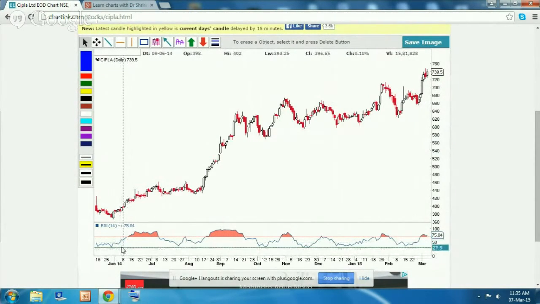And the bottom line here at 30 is the oversold line. And if RSI enters that, it is supposed to be bearish. Now I want you to observe, this chart has been up from June 14 till today, and it is an uptrend. And as you expect,